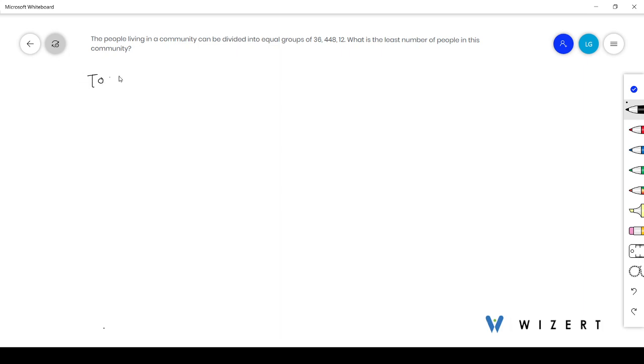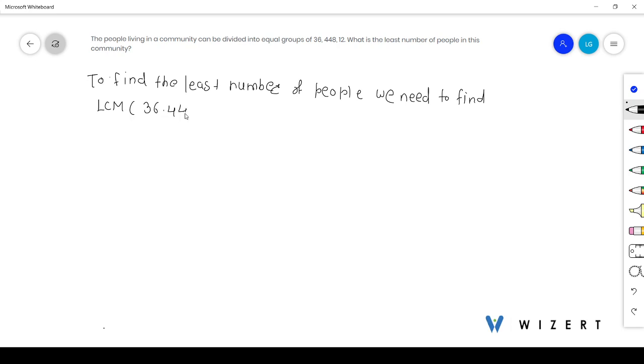So, to find the least number of people, we need to find the least common multiple of 36, 448 and 12. Now we can find this by prime factorization. For that, firstly, we need to find factors of